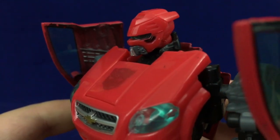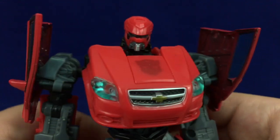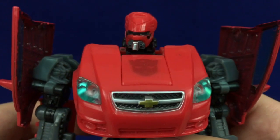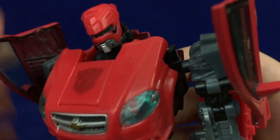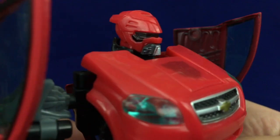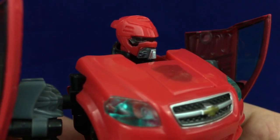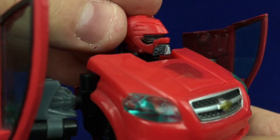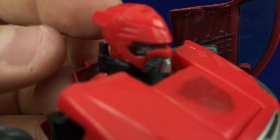It's very different from a typical Transformer head, both in a classic sense and in a movieverse sense. There's something about it that's, I don't know, it doesn't strike me as Transformers-y at all. I don't think that's necessarily a bad thing, but it definitely doesn't make me think Transformer when I look at that head. It almost looks more like, I want to say Kamen Rider or Super Sentai-ish, just in the way that it's this sleek helmet-looking thing with the visor and the faceplate, and the light piping